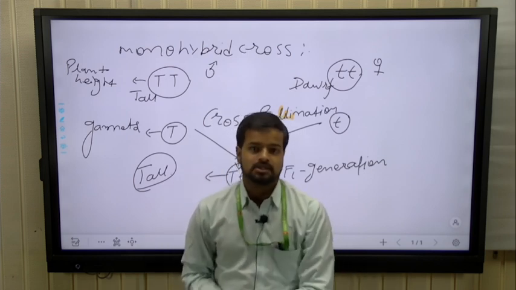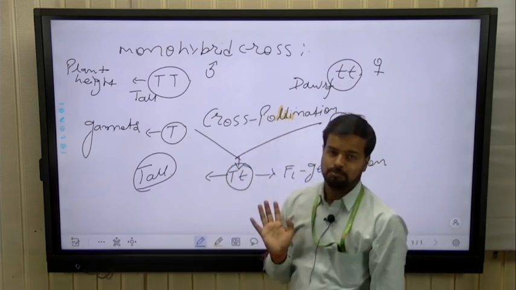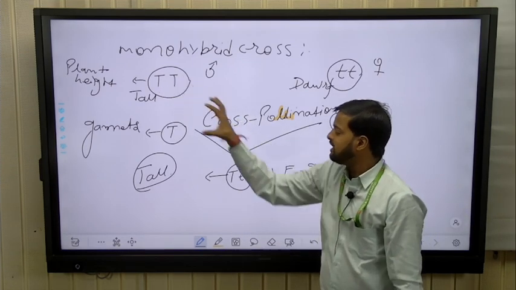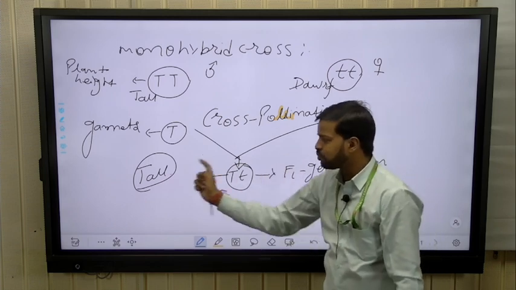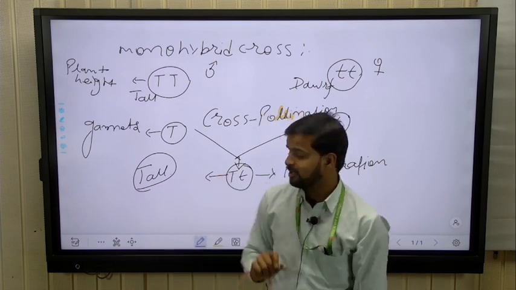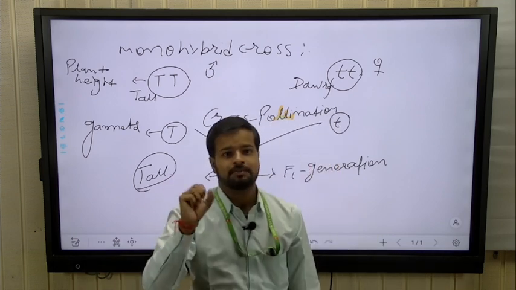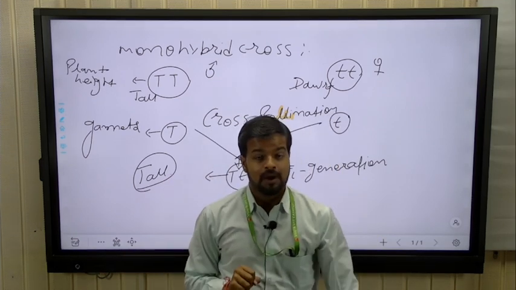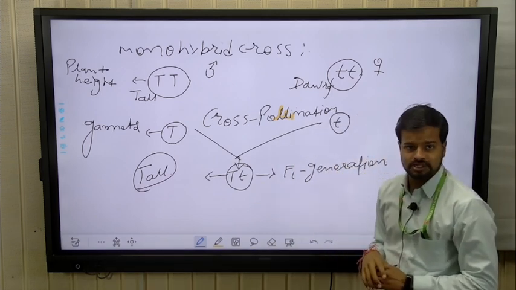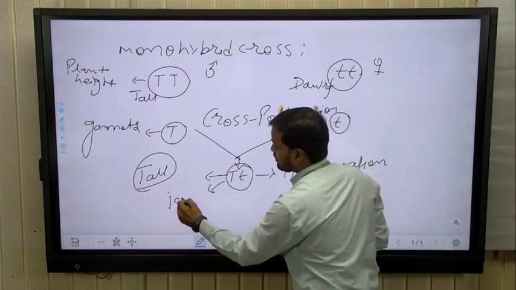Law of dominance. That means the law of dominance is obtained from this type of cross, because in this cross we clearly identify that capital T gene is dominant over small t. That's why the phenotypic character of the F1 generation is tall. Is it clear? That means on the basis of phenotypic character, this cross is like a dominant cross, but on the basis of genetic composition, the genetic composition of the F1 generation is what? Capital T, small t. That means it is impure.